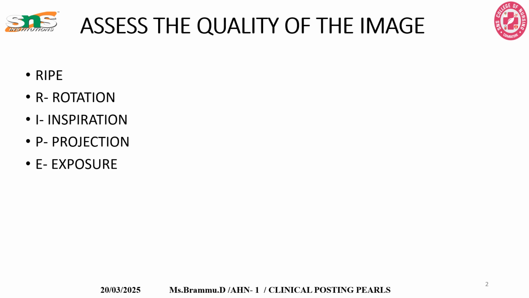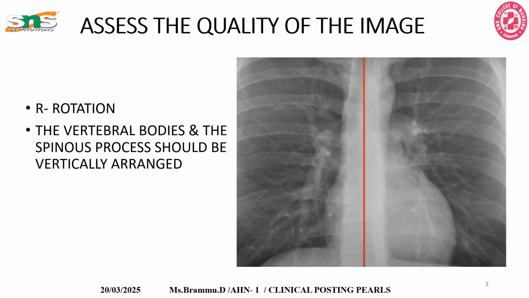Let me explain in detail one by one, starting from R, which is rotation. Rotation is just giving us an idea. When you see the chest X-ray, the vertebral bodies, which are just behind, you can see a red line marked over here. When you place the X-ray film on a light source, you can easily find the vertebral bodies from the anterior to the posterior. And the spinous processes should be arranged vertically, well sequentially arranged. So here you can see the spinous process here, one here, one here. Likewise, you must be able to easily see through the X-ray film the spinous processes as well as the